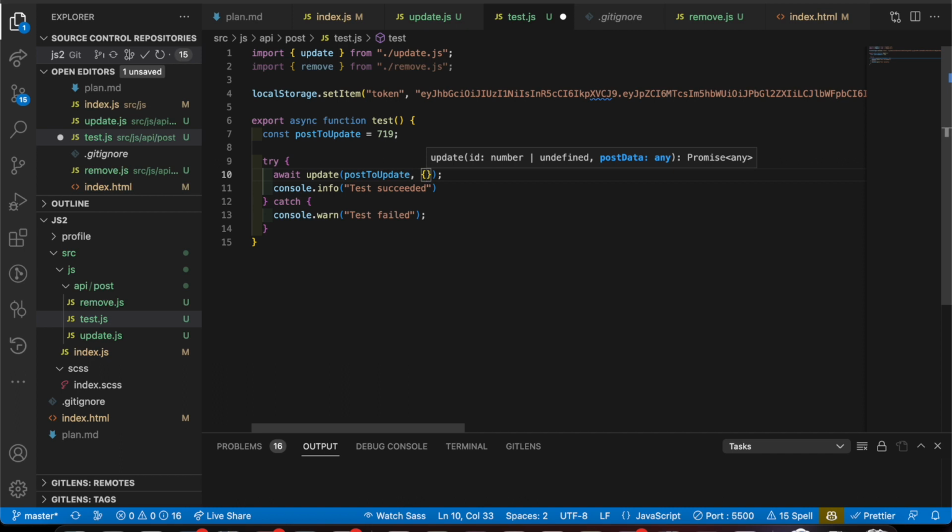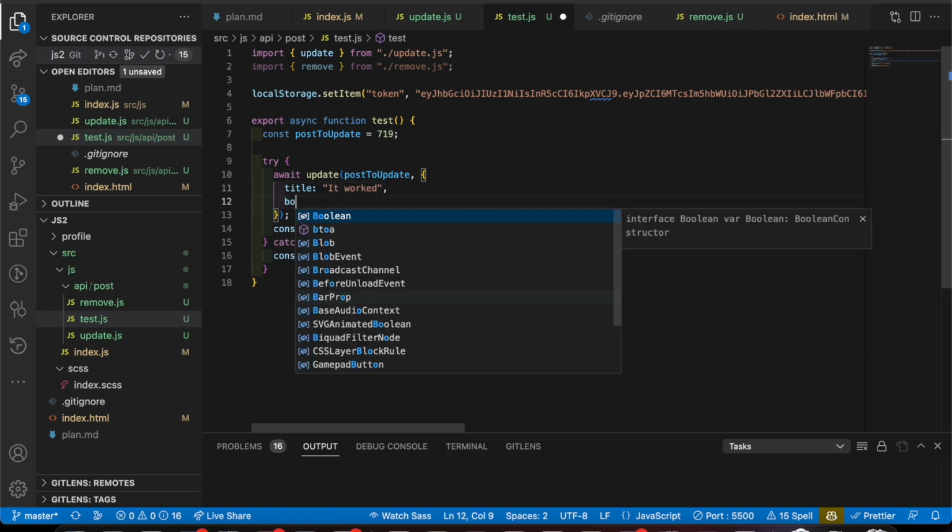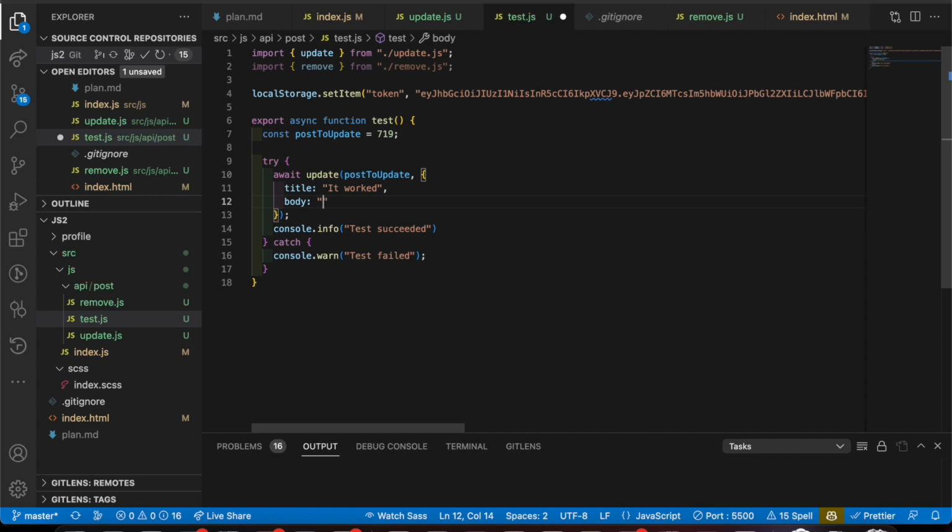We're going to provide a post data object with our new values. So our new title can be "It worked." And we can add a body for the first time saying